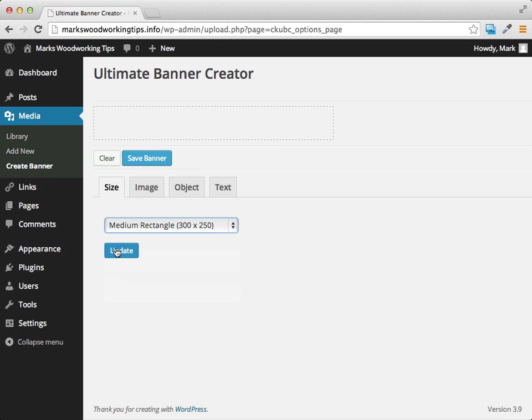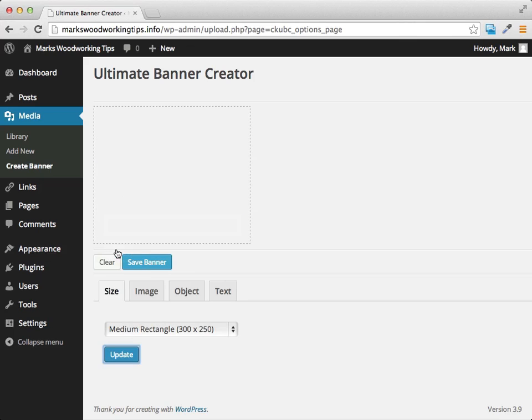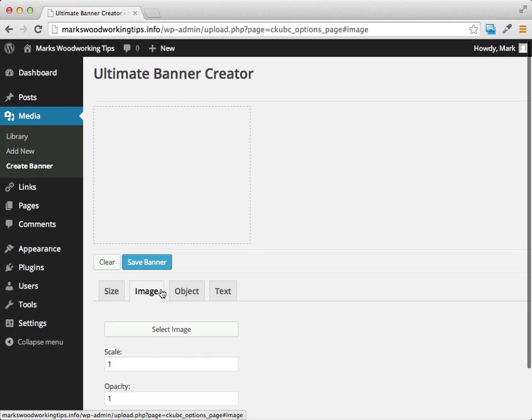All you need to do is click on the update button right there to be brought to a current example of our banner, and you can see it's 300 by 250. We can add an image, we can add objects, either rectangular or circle objects, and we can add our text. For this, I'm going to create a great looking banner right now. If you want to have a background image, what you do is